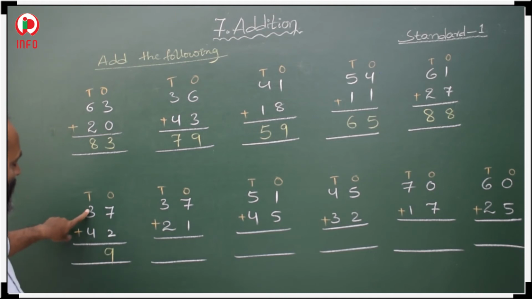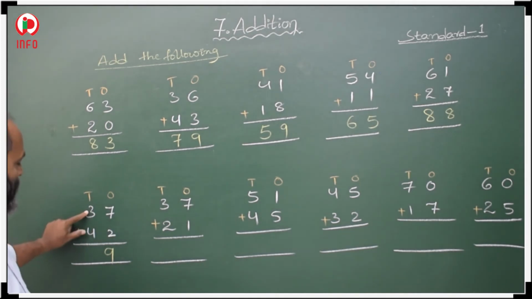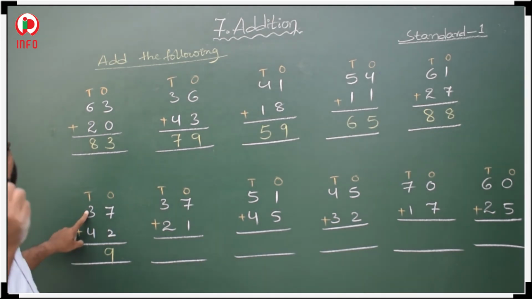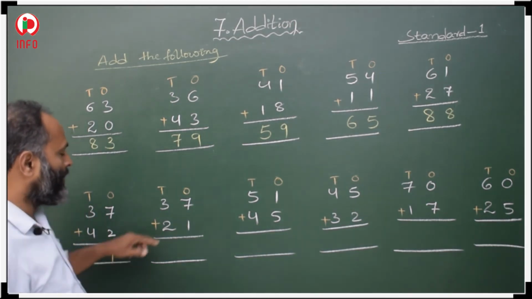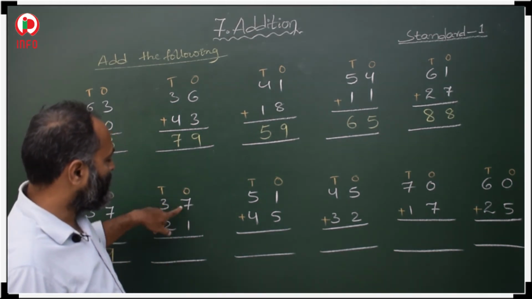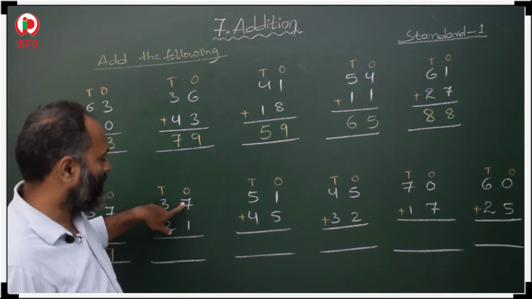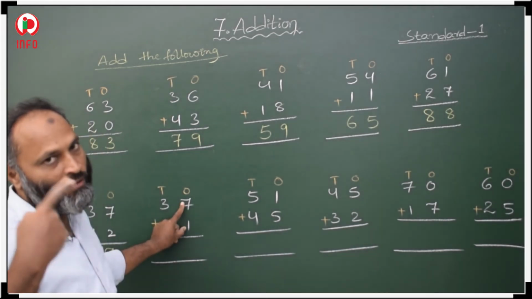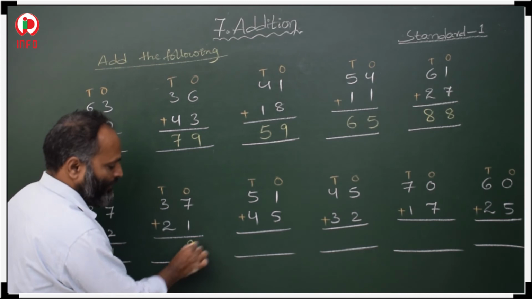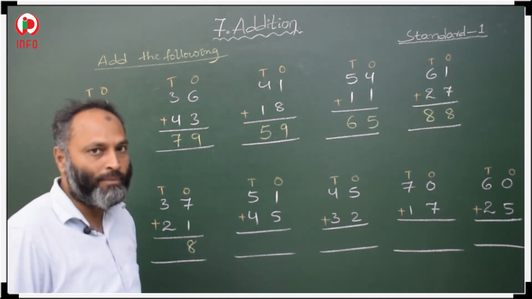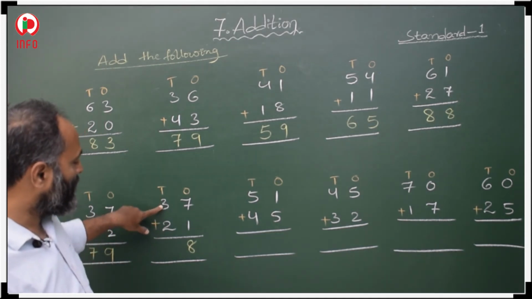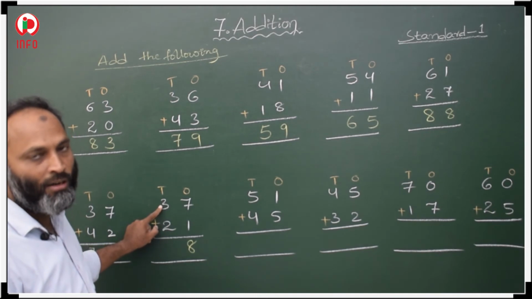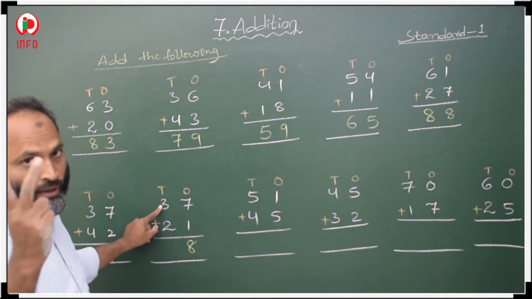You keep your finger on 3 or 4, that is your wish. I want to keep my finger on 3 only. After 3 we have to count 4 more: 3, 4, 5, 6, 7. Next, in the ones column we add first. Keep your finger on 7. 7 is greater, and add 1. So after 7, 8 will come. If we add 1, then we will get the very next number. Then 3, after that the tens column. Keep your finger on 3, and how many numbers do we have to count forward? 2, 3, 4, 5.